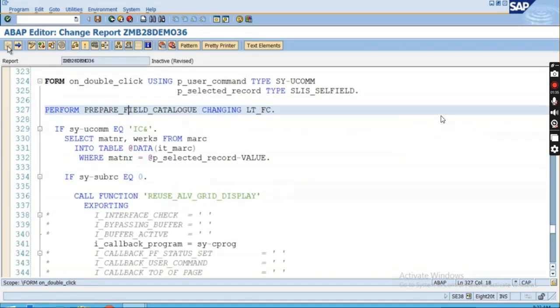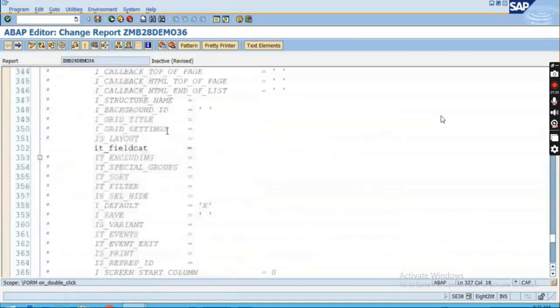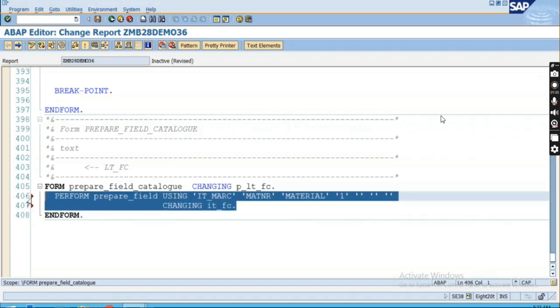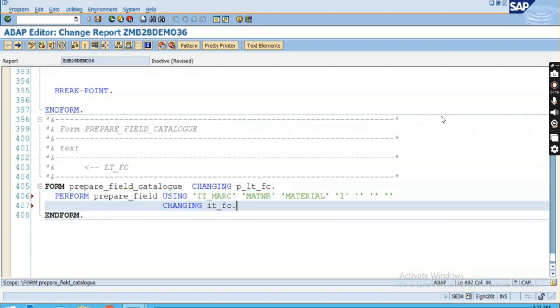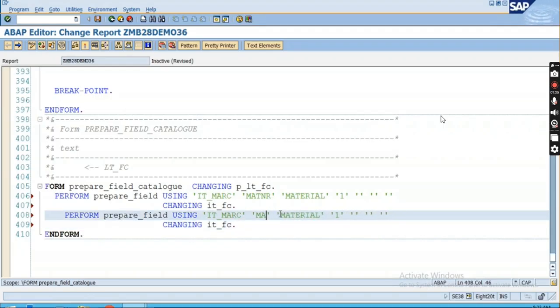Just let me check why we have given 2 times. That is the description of particular materials. Good. So this is the field, this is the internal table, and this is the field name, and this is the description. So maybe I can give this time material as a description. Copy this one and paste it over here, Control V, and now another field I'm having the plant works,